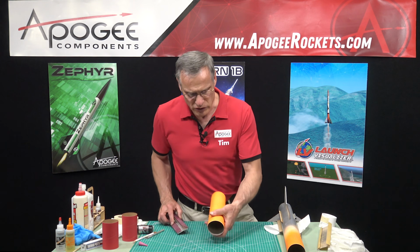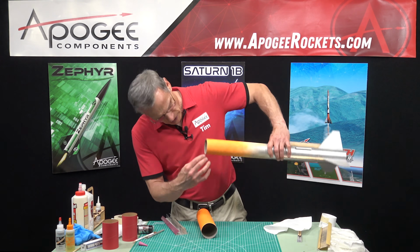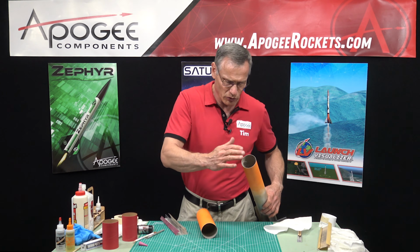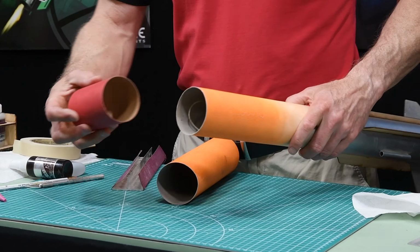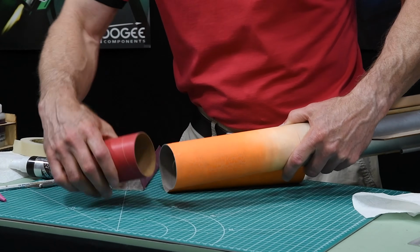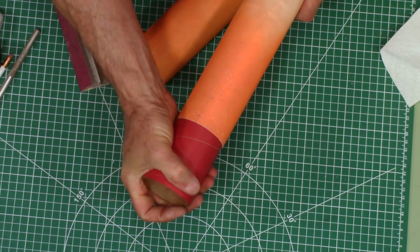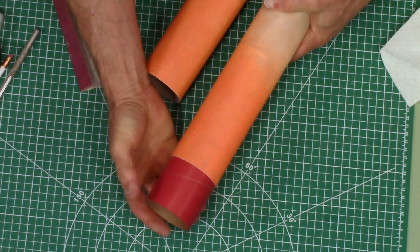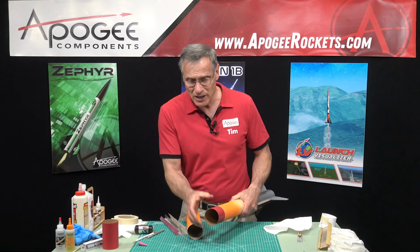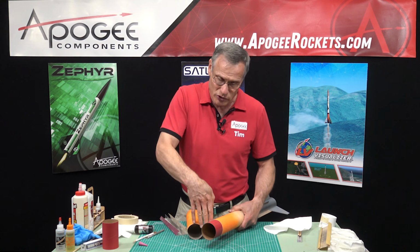Yeah, close enough. If you have a shock cord, this one does have a shock cord. It's already down inside, so keep that out of the way. Now we're going to test fit our coupler in here, and because of the kink right there, it's going to be a little bit stiff going in, but it will go in, and this side will go in like that. But because it's a little tighter because of the kink, because the paper has been forced downward,